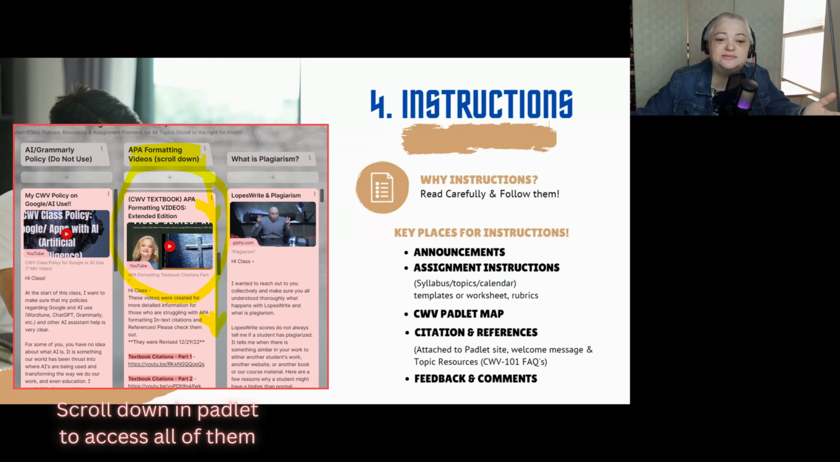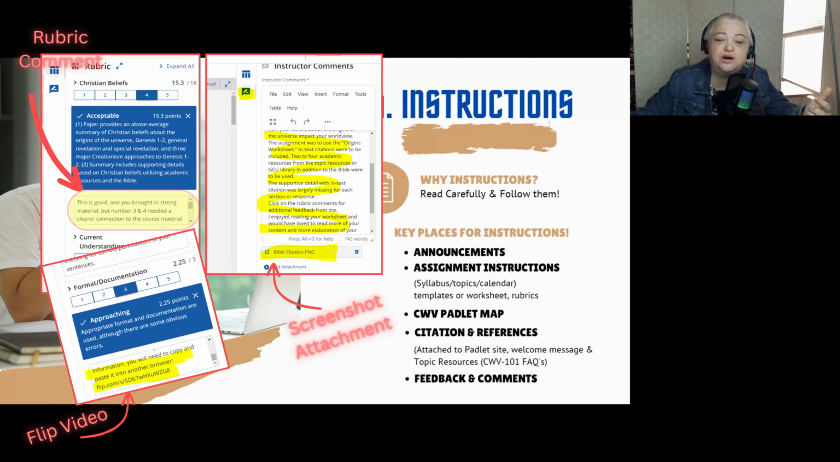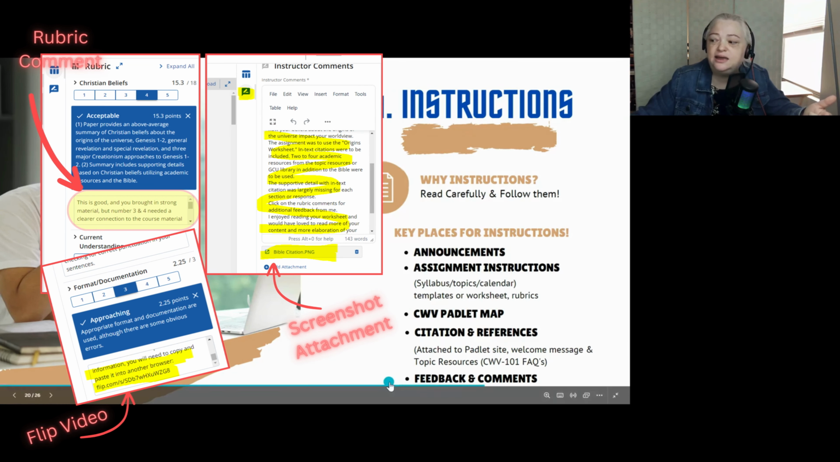I tried to break them down to smaller videos, but there were so many things that I felt necessary to cover in each of the videos to help you. You can find those in the CWV FAQs. You can find them in the Padlet Map. So check those out. Finally, be sure to always read my feedback and comments and review your rubric when I